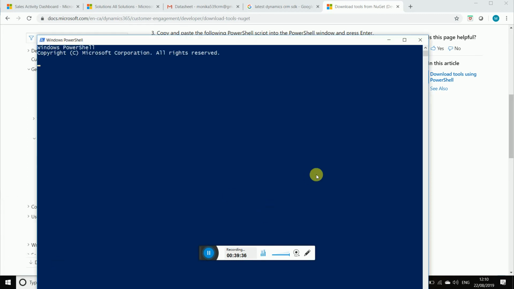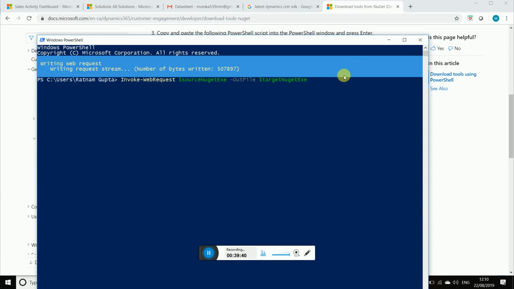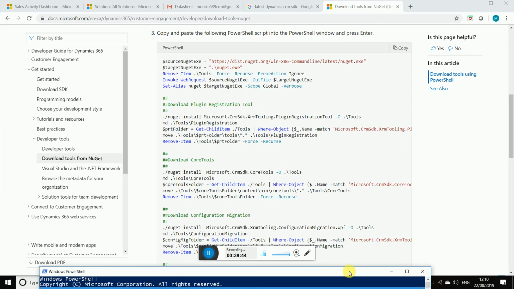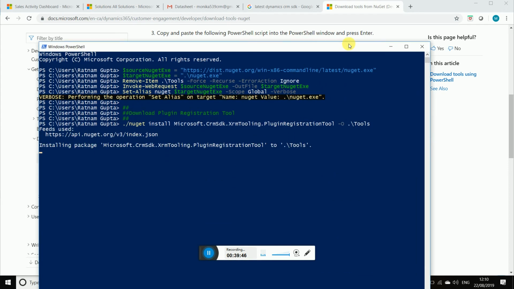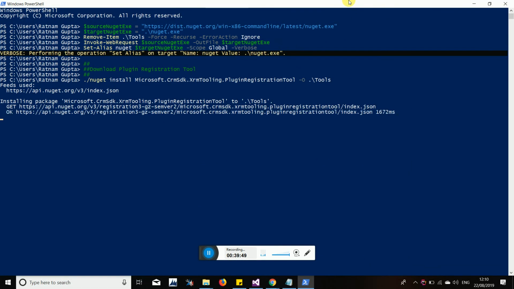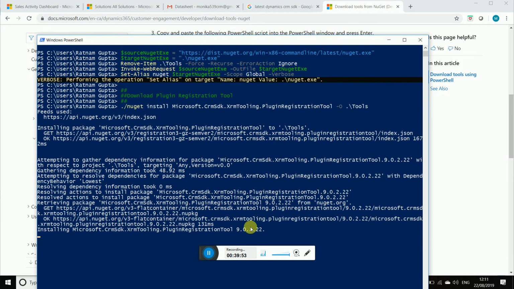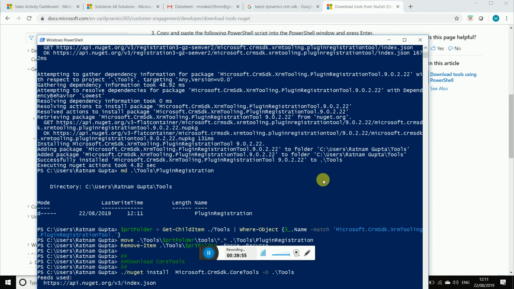Open your Windows PowerShell, and paste that particular code. This is the same code which I have downloaded here, and I have just opened PowerShell and pasted it here. What this code is doing for me is installing the plugin registration tool. It is downloading it for me.